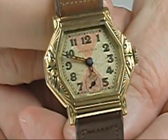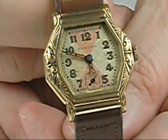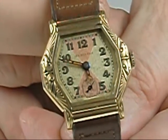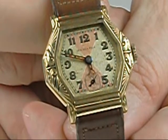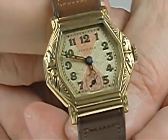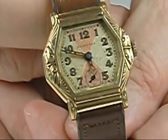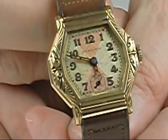One collector online, who found one of these fairly recently, paid something on the order of $15,000 according to what he inferred in his online posts. His watch being the identical case but with a refinished dial. This one has a perfect original dial with only a light bit of speckle across the surface, but a mint sheen to the gilt and rose gilt sections